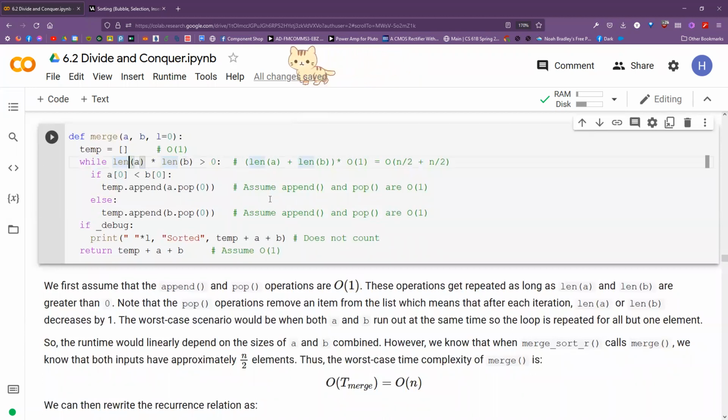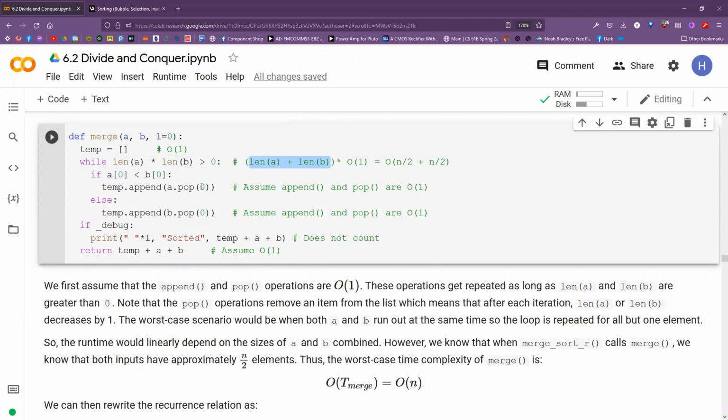So, which means na eventually from starting at, di ba n over 2 sila, n over 2 minus 1, and then kasi di ba, for example, nag-start ka 10 elements si A, 10 elements si B, ayun, up to 19 times uulit yung ating loop. So, yung combined length ni A and length ni B, pag in-add up natin, siya yung number of iterations ng